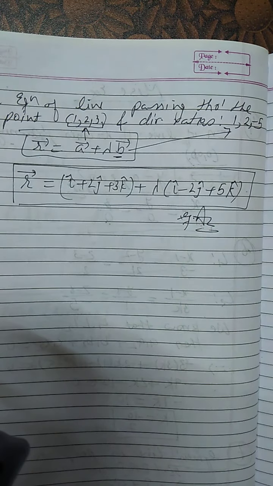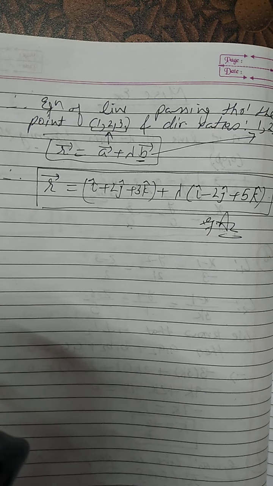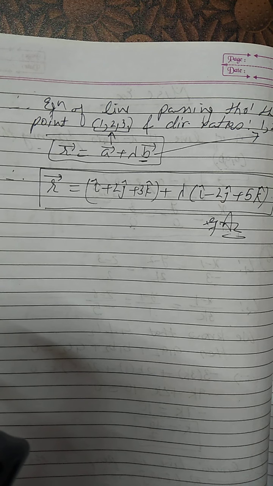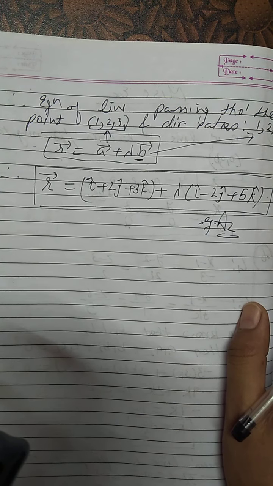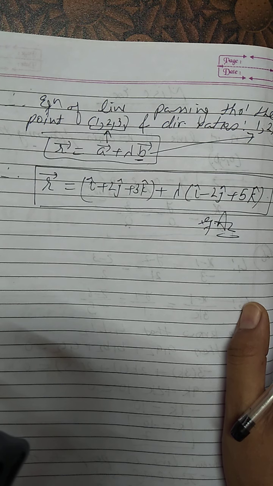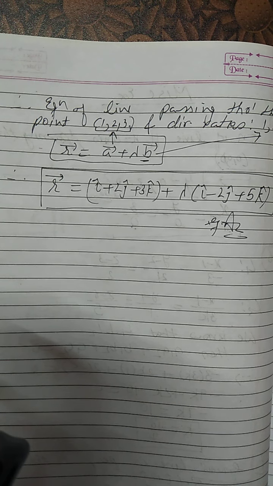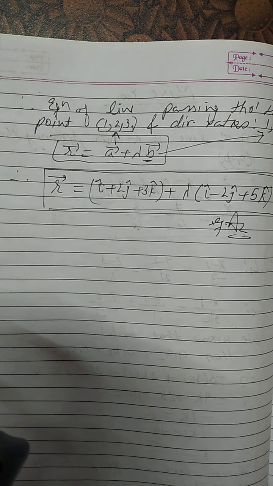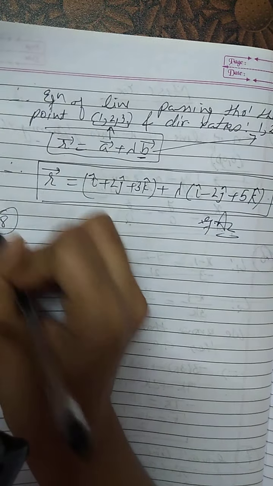Okay class, so the next sum, number 8, is also the same. We have to find the equation of a plane passing through the point and parallel to the other plane. First of all, we know the equation of a plane passing through the point, that we can write down, and since this plane is parallel to the other plane, the direction ratios relationship we will use once again. So let us start with the given thing first of all.